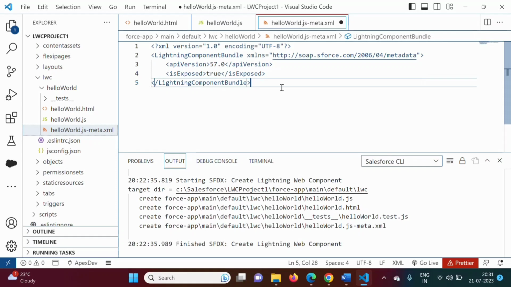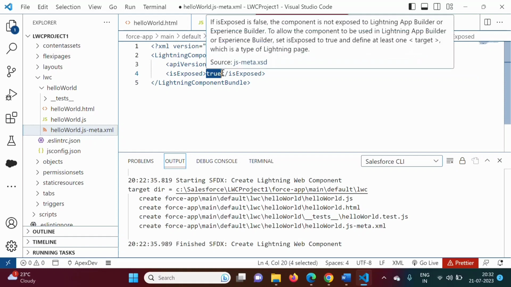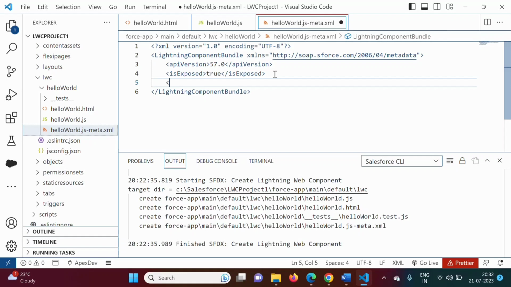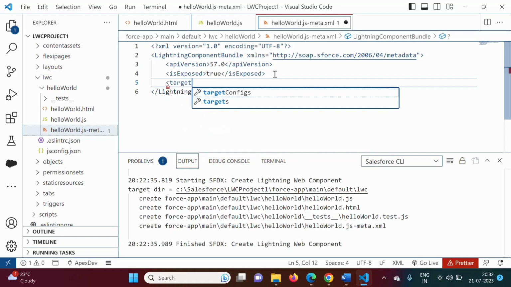Now see, one more thing, here we have to add targets. We want to show this component, but where? That also we have to mention, right? Where this component should be visible. That we have to mention in the target tag. So see, here we have to write the target tag